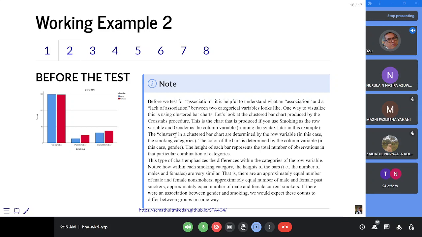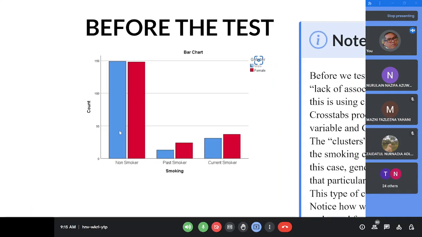So if you look here, based on the cluster bar chart, you can see within the smoking habit, is there much difference between male and female? Ada banyak beza tak? If you look here, for non-smoker, the height of the bar is almost the same, right? Similarly, for the past smoker, it doesn't show much difference. And also for the current smoker, it doesn't show much difference in terms of the data being visualized using